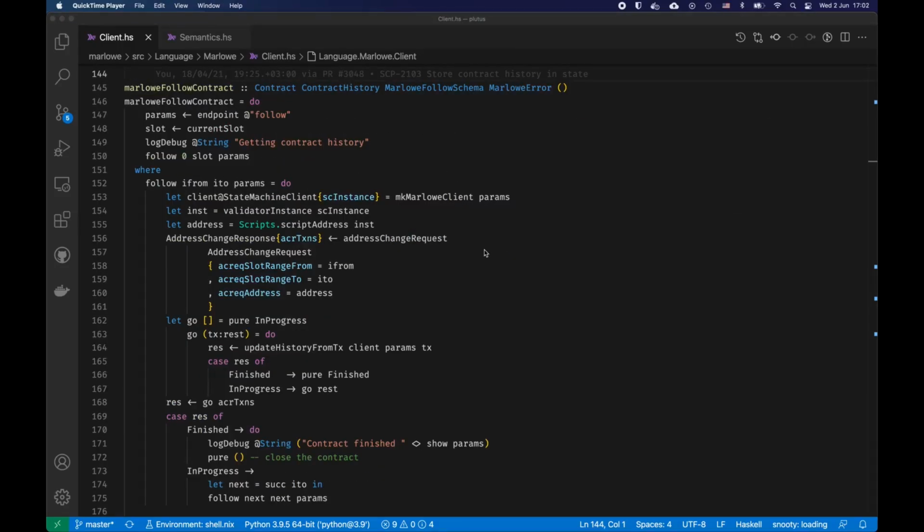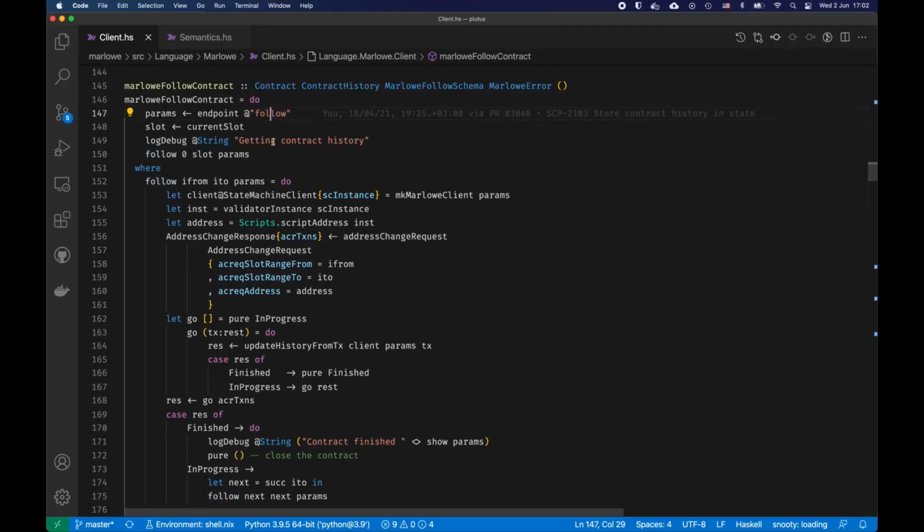For off-chain execution, we provide 3 Marlowe PAB contracts: Marlowe follower contract, Marlowe control contract, and Marlowe companion contract. Let's go through all of those. Let's start with the Marlowe follower contract. It's a very simple one. It contains only one endpoint called follow, and it